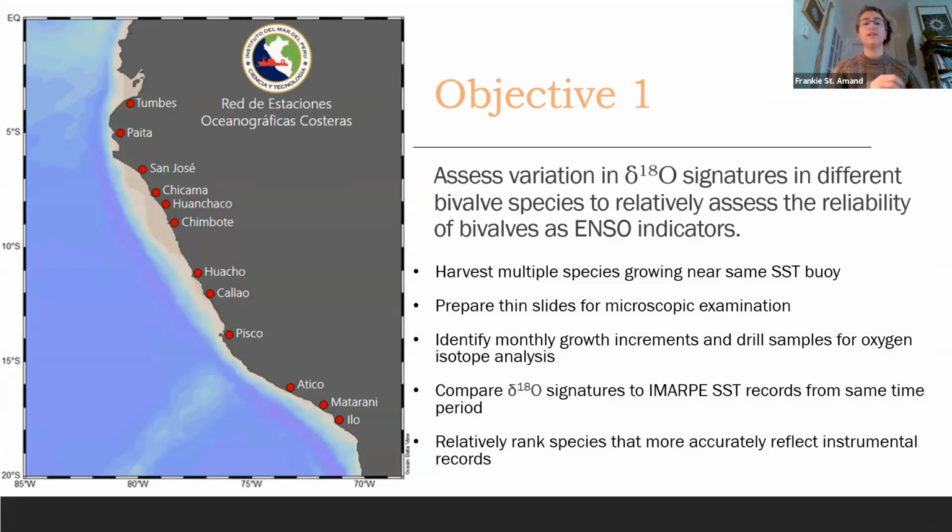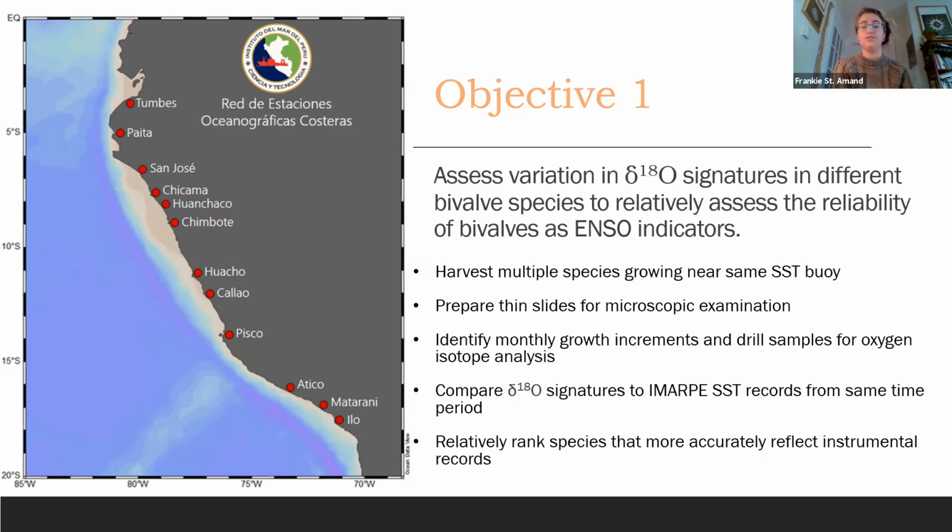So in 2019, I harvested bivalves growing in harbors in Peru, harbors that had IMARPE sea surface temperature monitoring buoys. I went to Lima and worked to prepare these samples for analysis at the University of Cayetano Heredia. I worked to identify bi-monthly and monthly growth increments in these samples so that I could drill them and then perform isotopic analysis, which I'm excited to say I'll be able to do this week